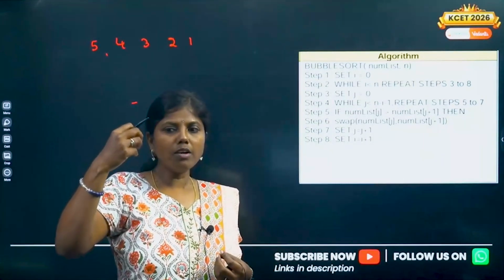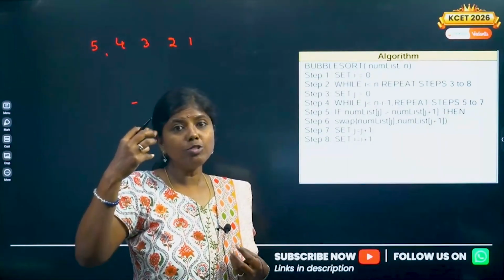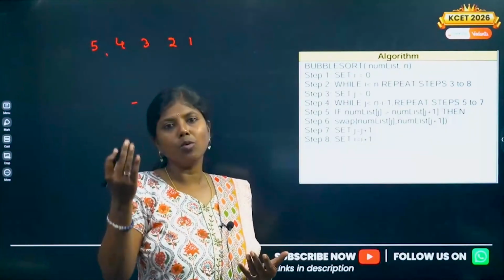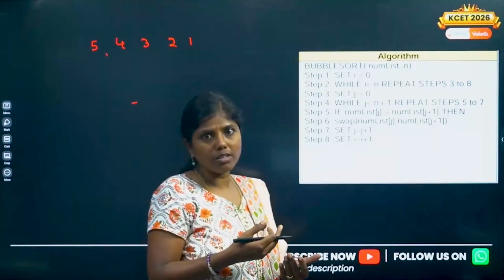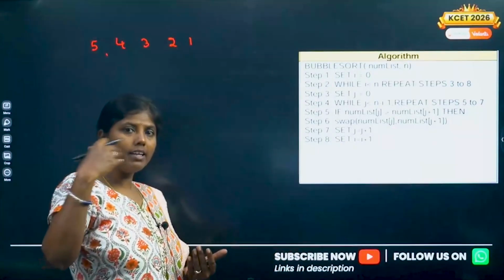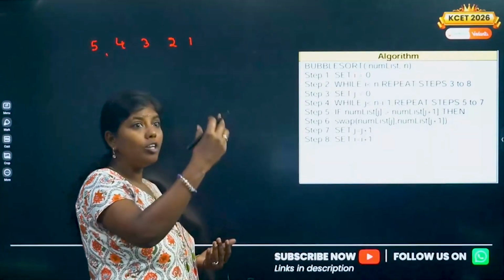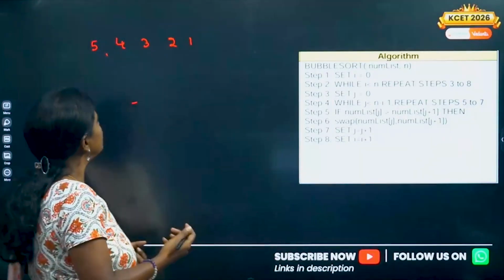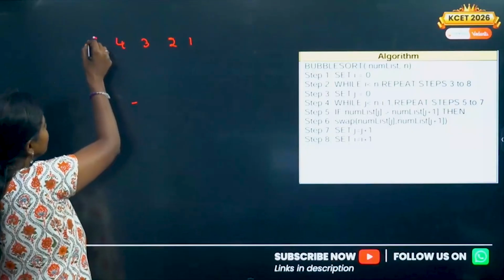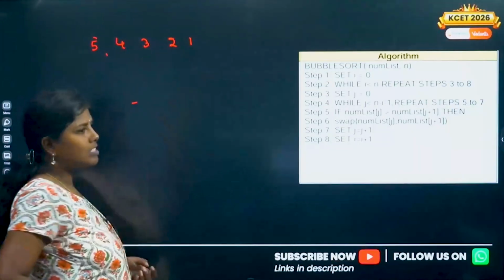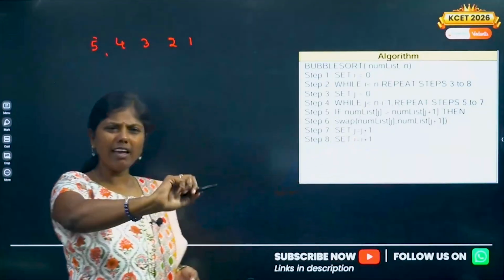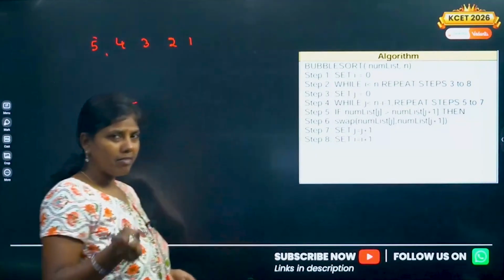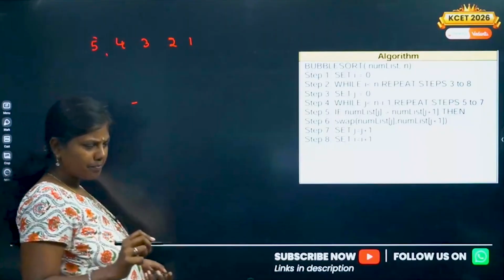The important thing is you need to remember the concept and logic so that you'll be able to write the code. You cannot memorize every code by heart. You need to remember the logic behind it so you can recall it at any point of time. So bubble sort is: find the largest element and place it at the end, in case of ascending order. That's why the name is bubble sort.